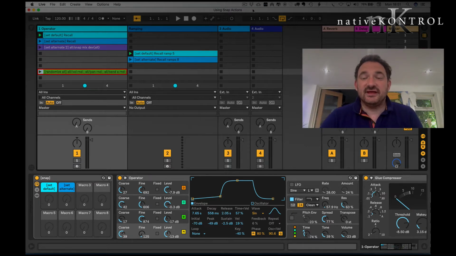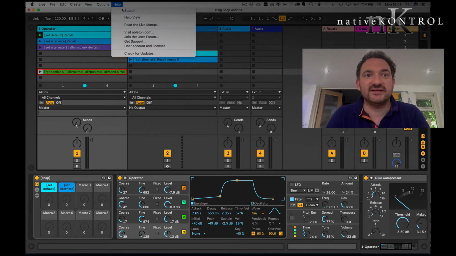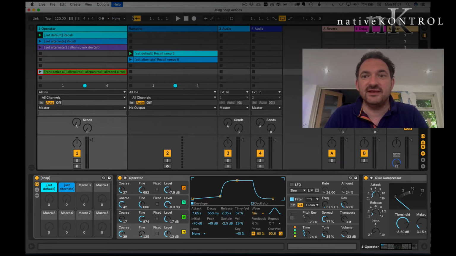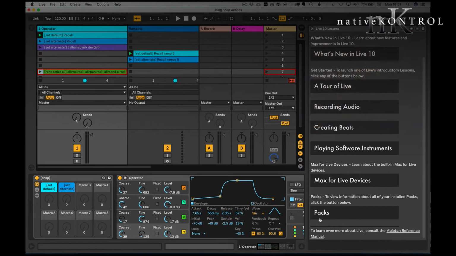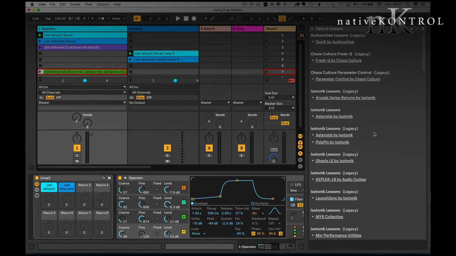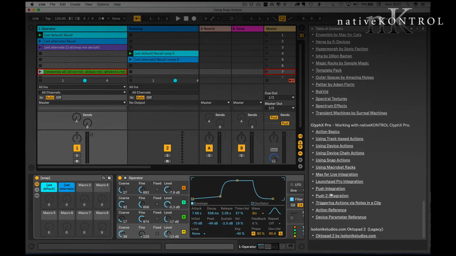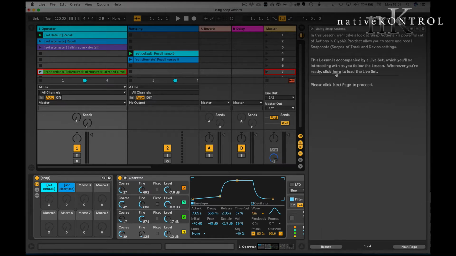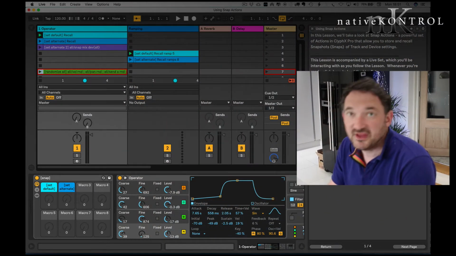Okay, so we're using the lesson for using snap actions. There's a reminder, if you go to the help view in Live's menu, scroll down to packs, you'll find this actual sample set within the using snap actions, and you can click here, open the set, and maybe even play